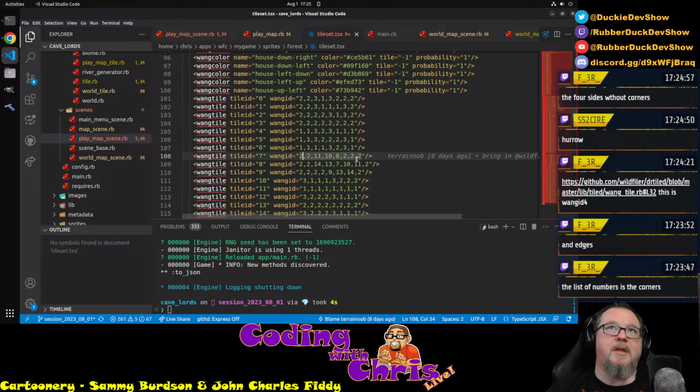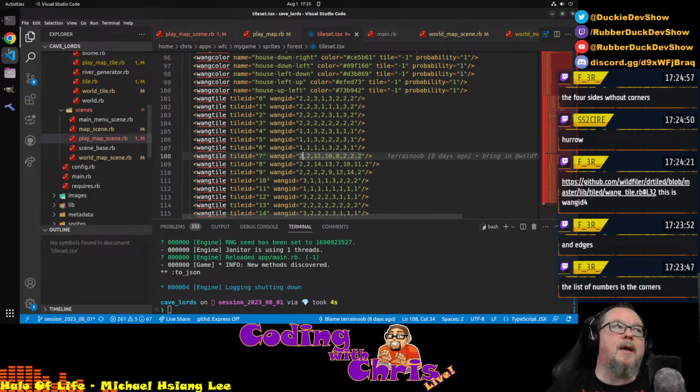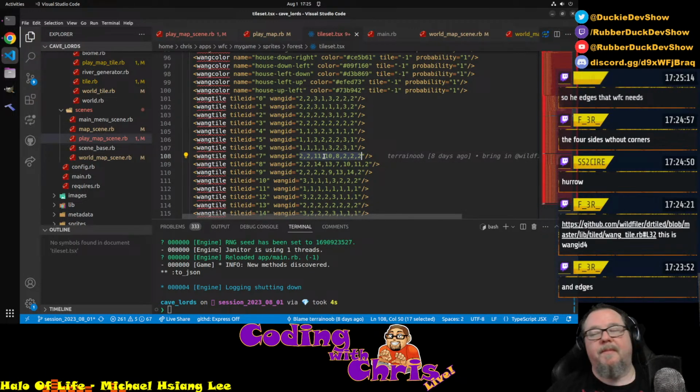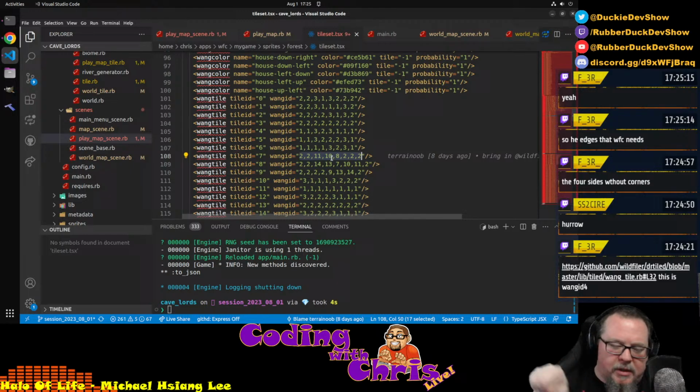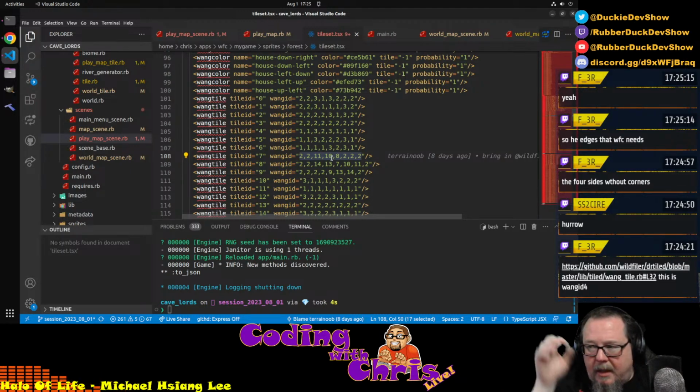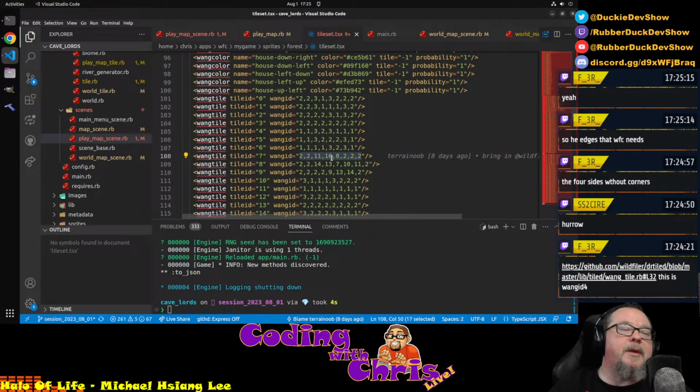Okay, so he's just pulling out the 4 edges. Got it. So he's passing in half of this list. So he's just pulling the 4 numbers out of this list that mean edge, passing that in, and those are defined from the DR or the tiled program. You're telling it these are the edges that are such and so. I don't understand all the tiles yet. I haven't played with it enough, but